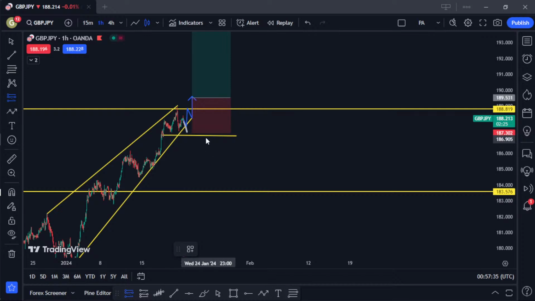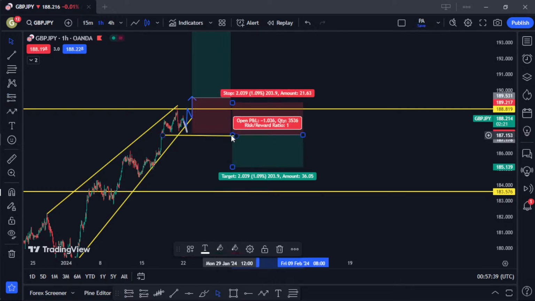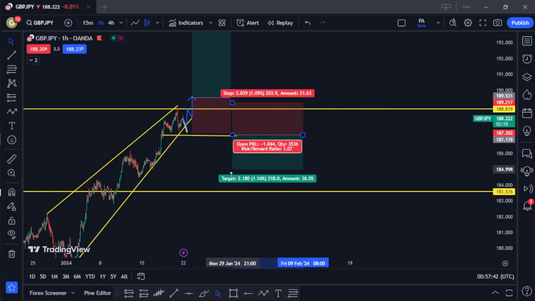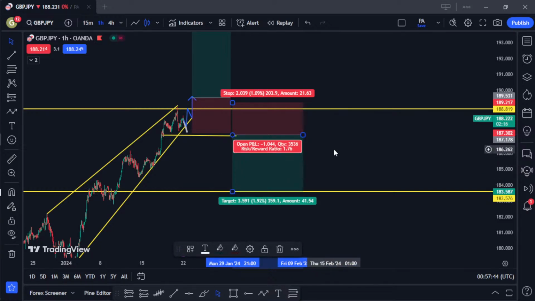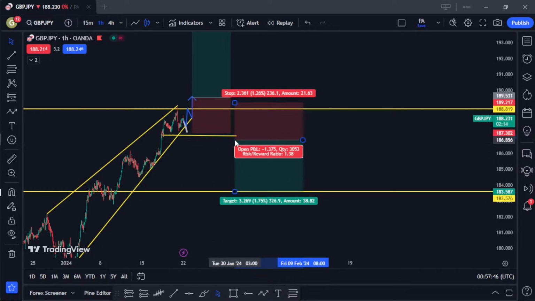So I'll be more into actually placing a sell order in this market rather than buying this market. On the GBPJPY, here is other information you need to know. If you want to place a sell order in this market,